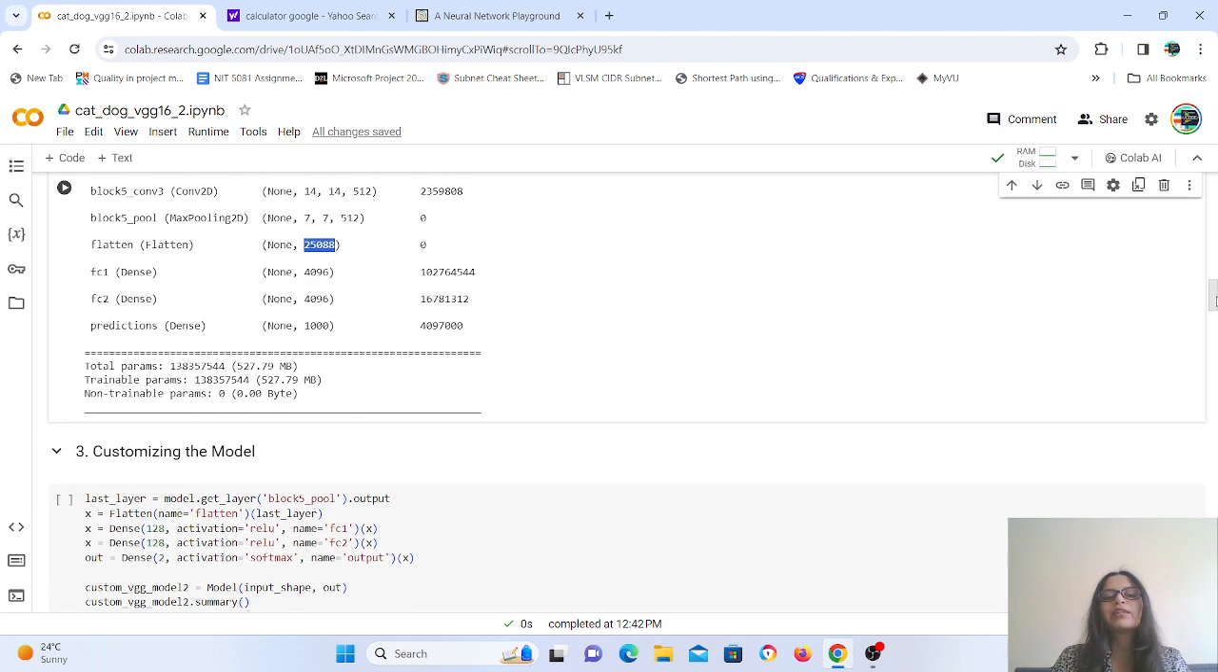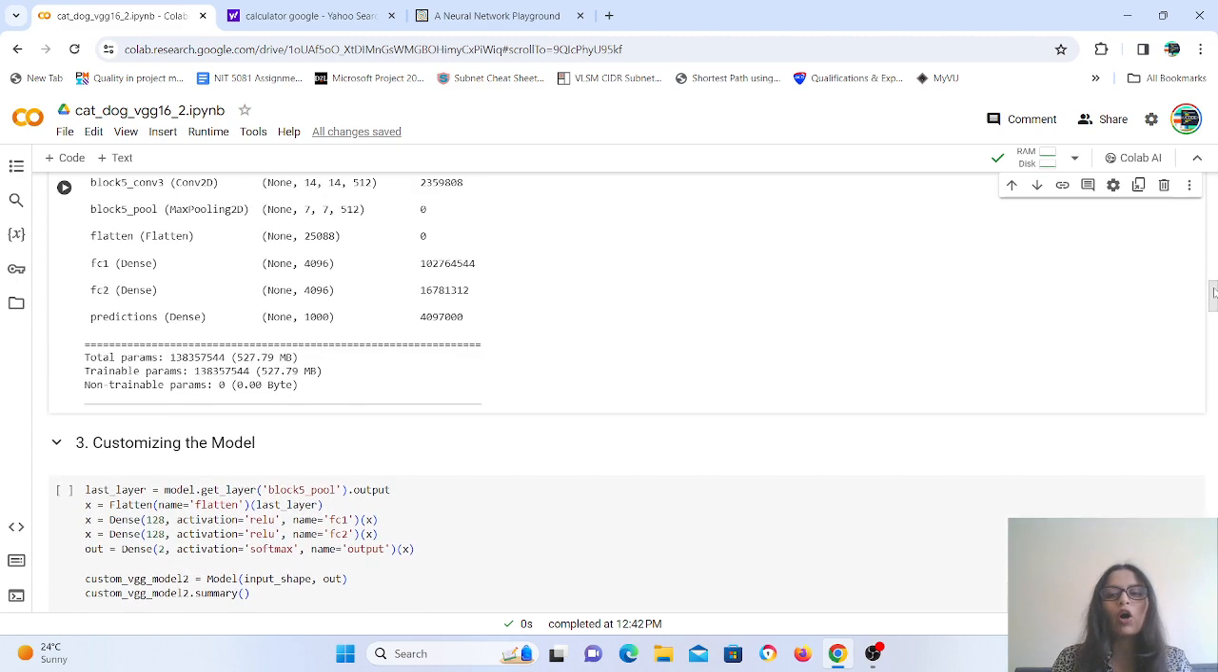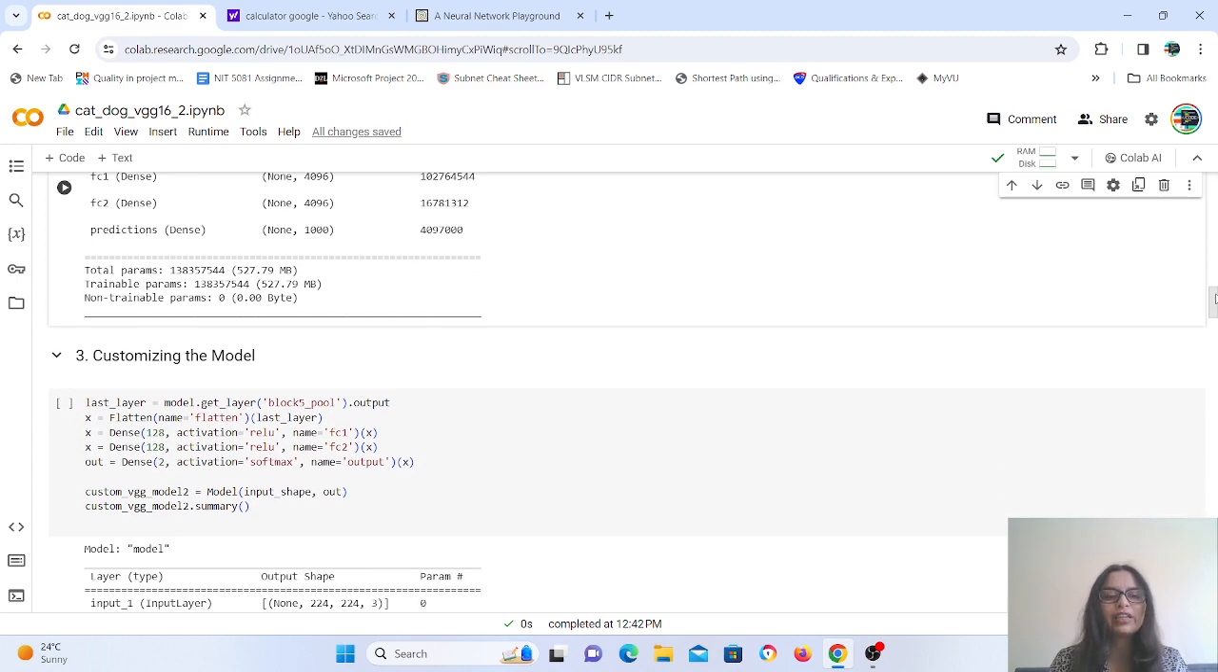So now we have to customize that model. As I mentioned earlier, the ImageNet dataset has 1000 classes, but we want just two output classes. So in that particular dense layer, now what we are doing in that case,